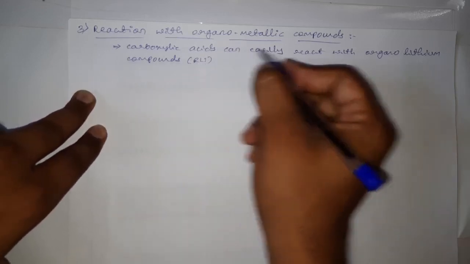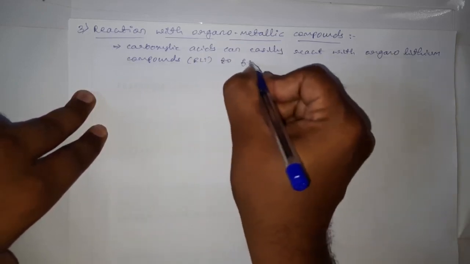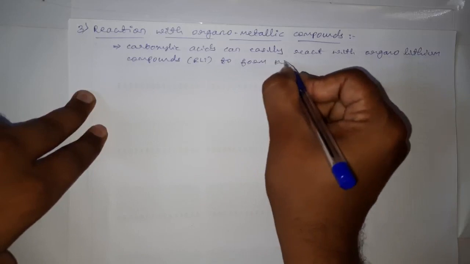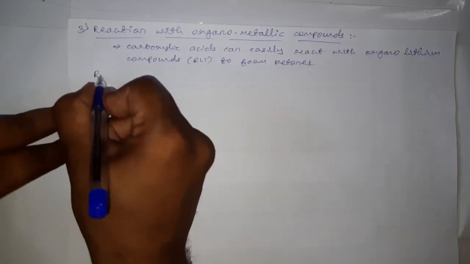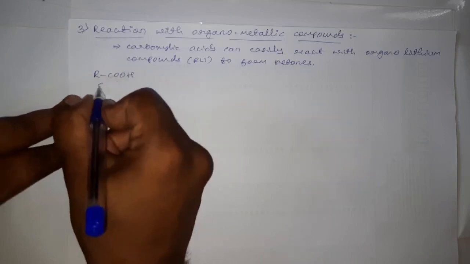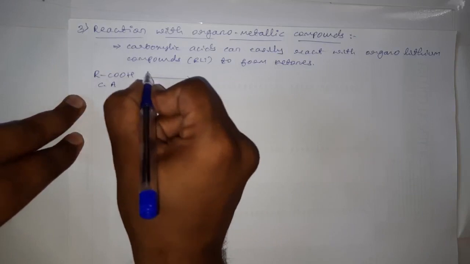With organolithium compounds, they will form ketones. See, when carboxylic acids with the general formula RCOOH are allowed to react with